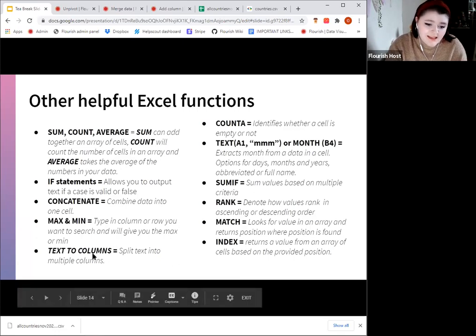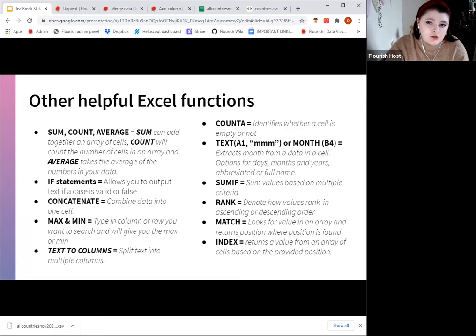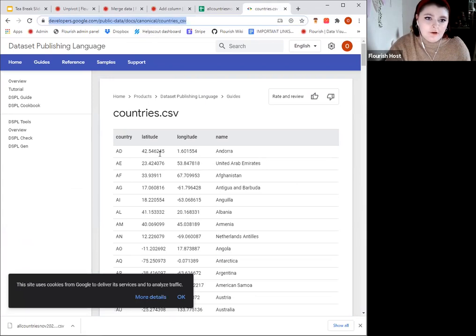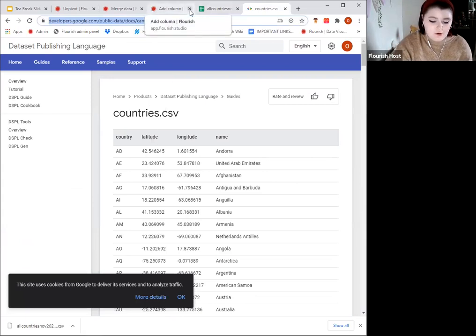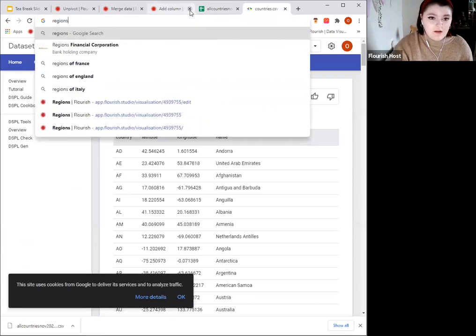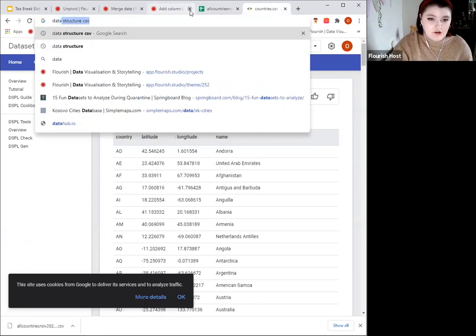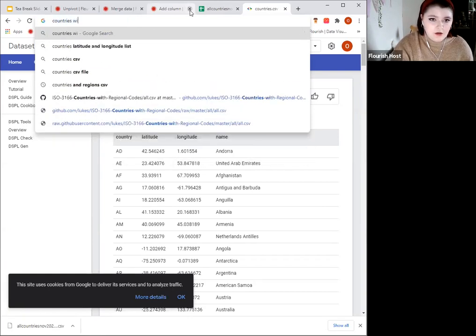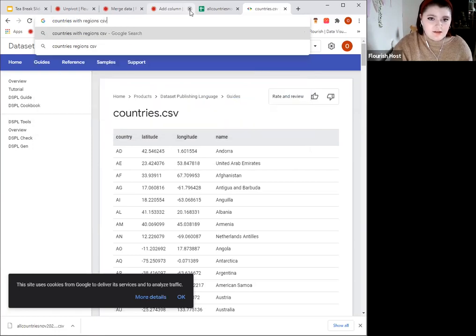Yeah, text to columns, I use this so much, especially if you get data from GitHub, if you find really interesting data on GitHub. So what I was doing was regions actually, so I will find the data of regions and just show you an example of that. Countries with regions CSV.